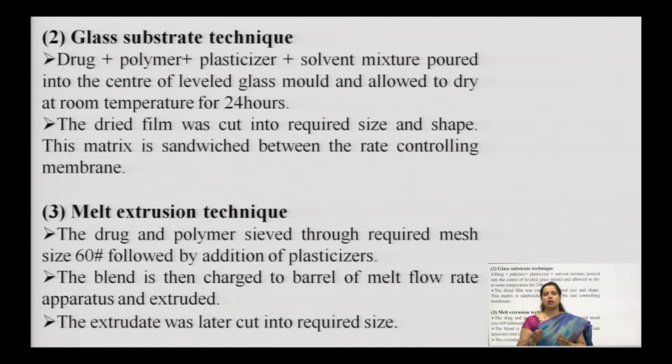What we get from the extrusion apparatus is known as the extrudate, which is quite similar to the film or insert formed, but as it comes out from the extrusion process, it is termed the extrudate. That extrudate is cut into the desired pieces of the Ocusert.